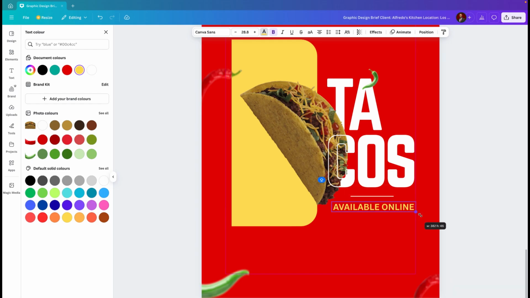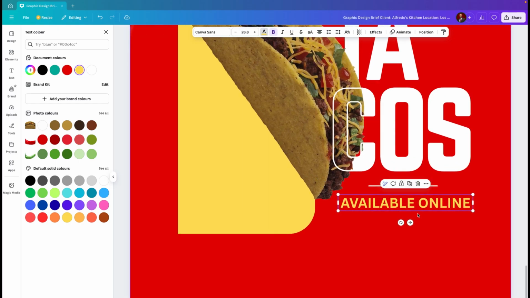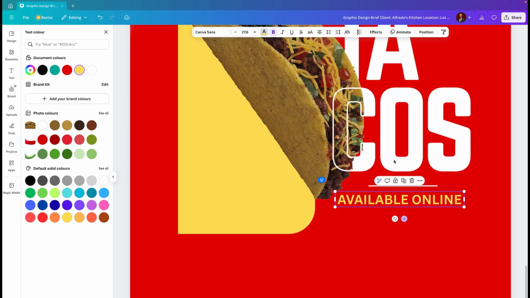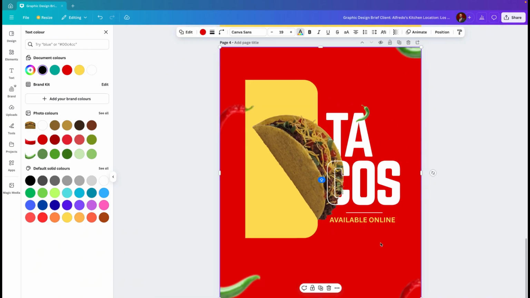You can also take note of the numbers, right? The width. We are using a width of 366 and height of 44. So let's align it. It has to be aligned to the text above this. So we have that. Now we are going to bring in